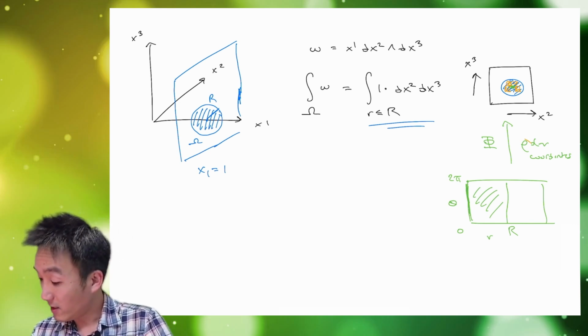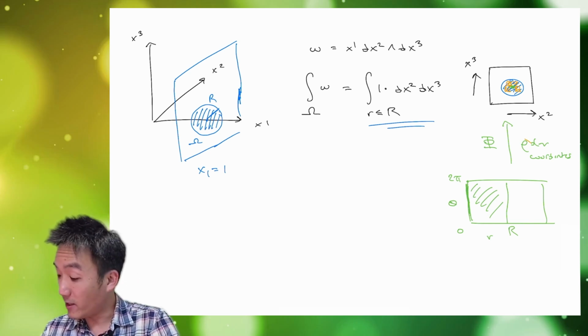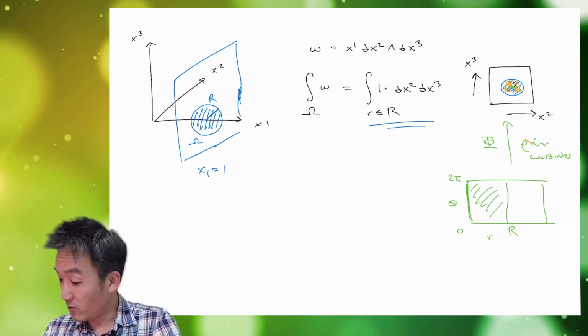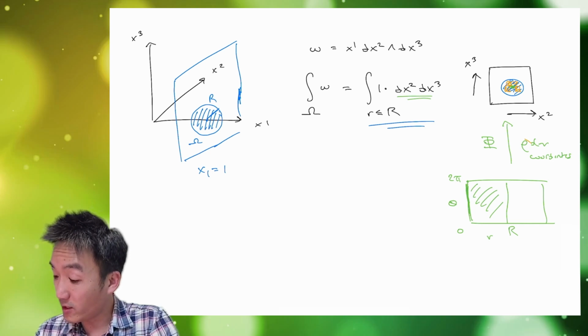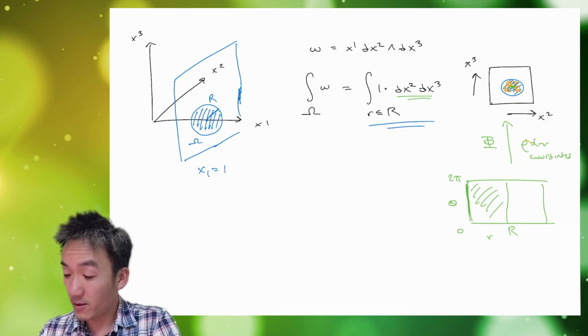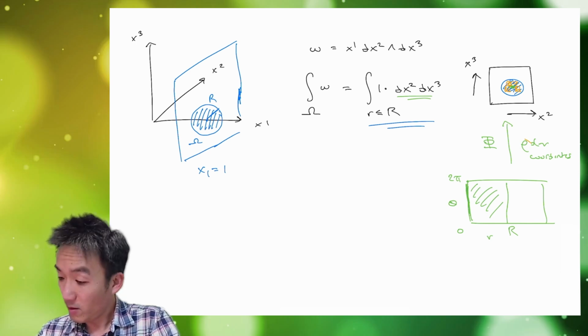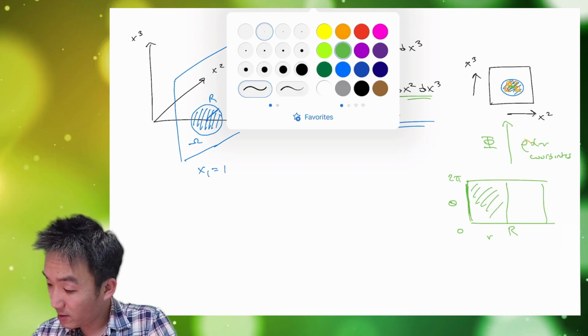But other than that, in polar coordinates, the disk looks like a rectangle, right? Because we can vary the radius from 0 to r, and we can vary theta independently from 0 to 2 pi. So that's the advantage of using pullback to switch this simple looking 2 form, which has a complicated region, this disk. What we're going to do is get a slightly more complicated 2 form, but an easier region. What we're going to need to do is write this integral